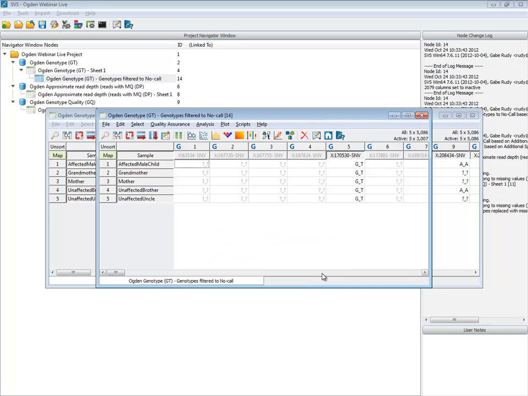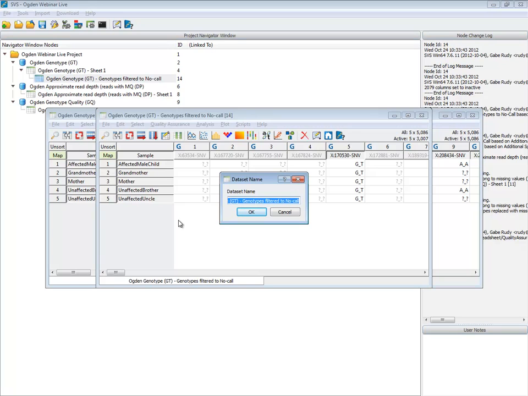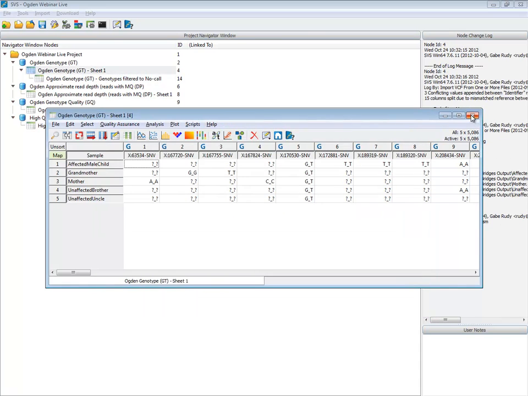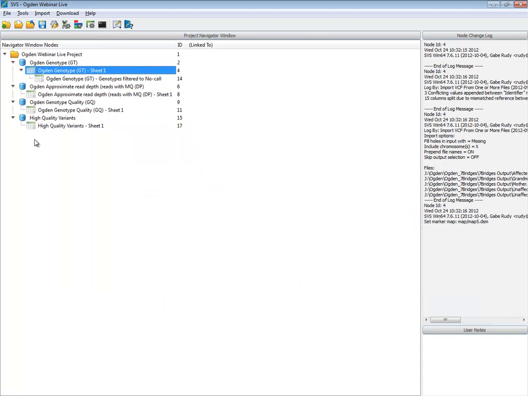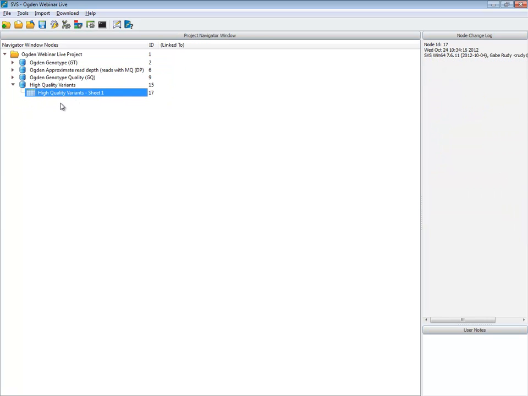Let's say OK, and I'm going to preserve this spreadsheet as a top-level spreadsheet for our further analysis, and give it the name high quality variants. I can close out everything else, and we'll start with this high quality variants when we get going. You can see in SVS we build up a history of all the things we've done: we've imported the genotypes, read depths, genotype qualities, and now we have our high quality variants.